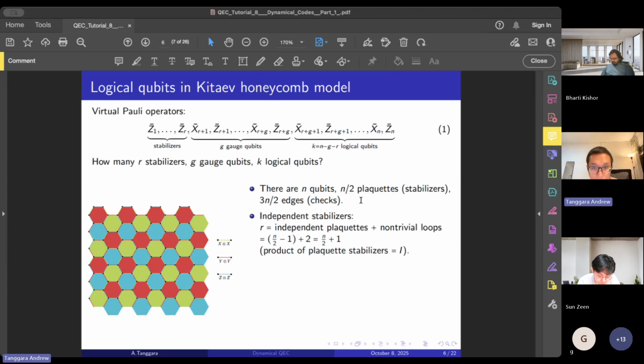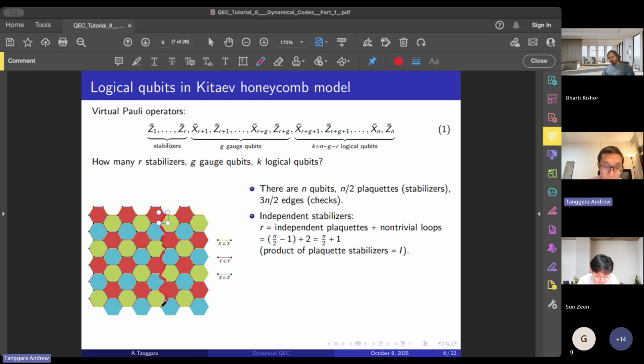Now, these checks and these stabilizers are not independent, and that's because if I take the product of all the 6 qubit stabilizers, then I'm going to get the identity. And so the number of independent stabilizers are... and there's also this one non-trivial loop, right? I can draw this loop there,